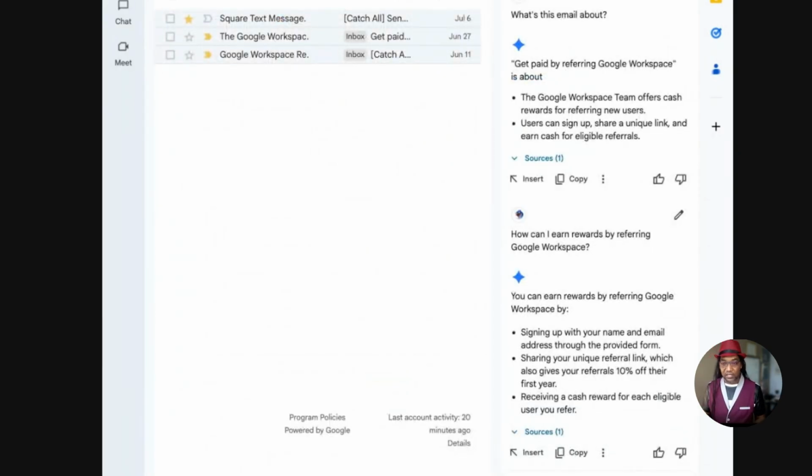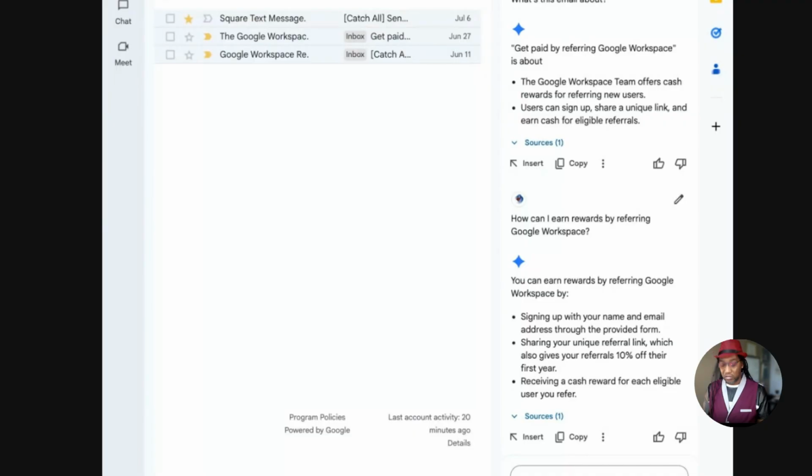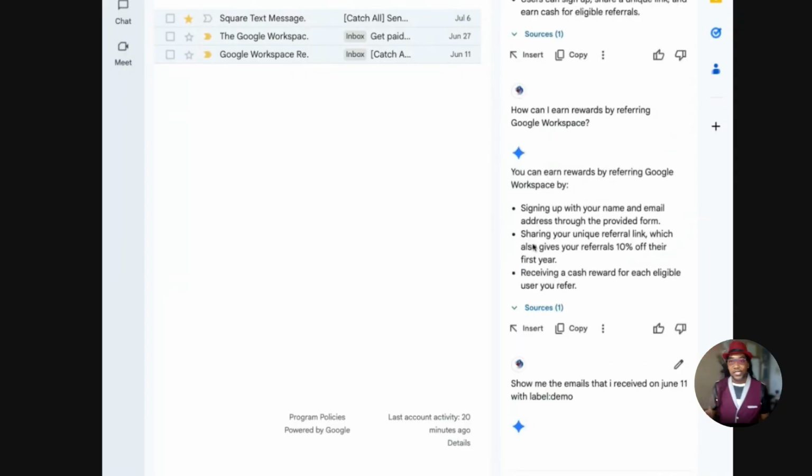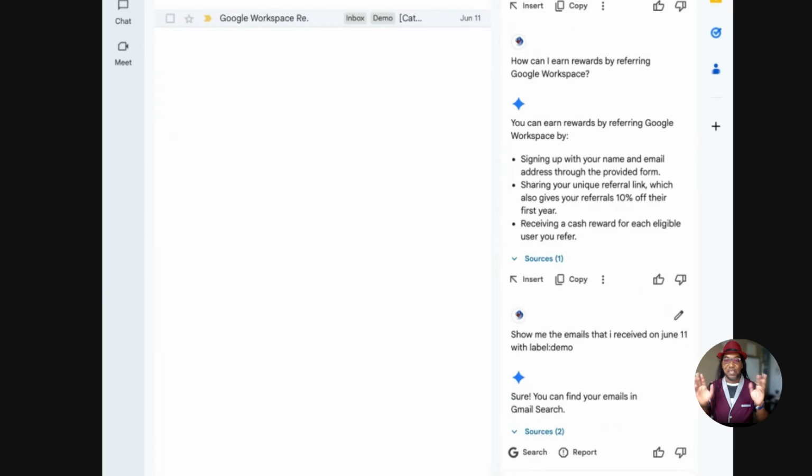And this, again, I've tested this with Copilot and Outlook, and it works the same, where I'll say, show me the emails that I received on June 11th. And June 11th with label is me trying to be as detailed as possible. So I'm going to send that message to the AI, and it should filter this list for me. Right, and it worked.